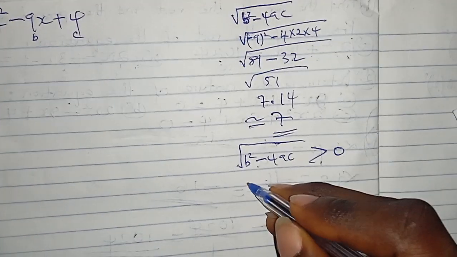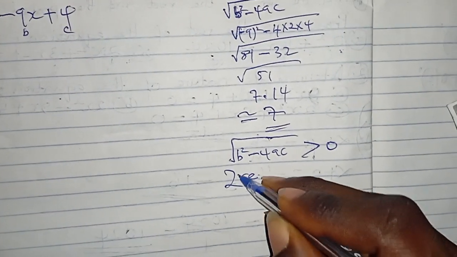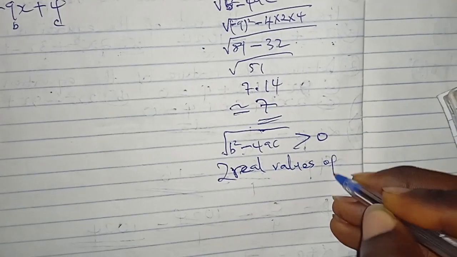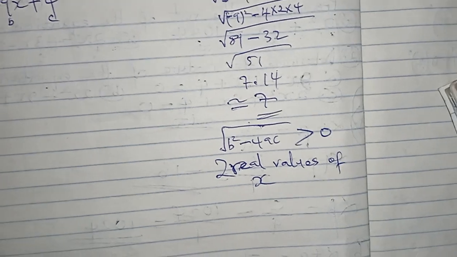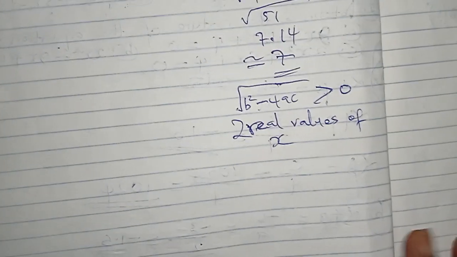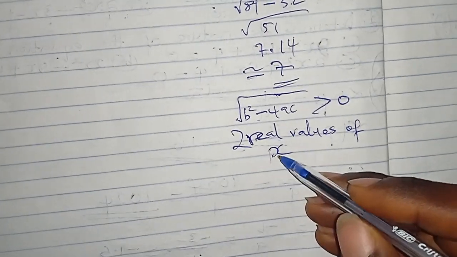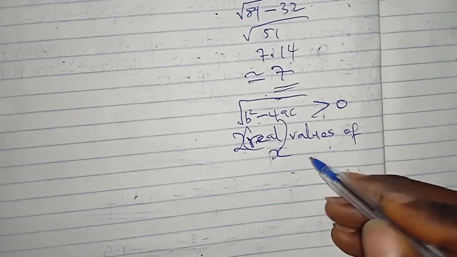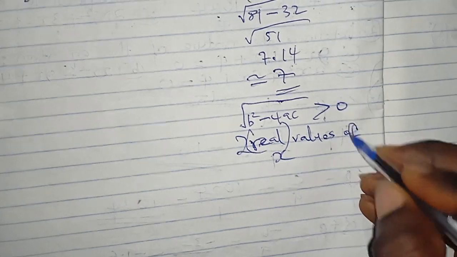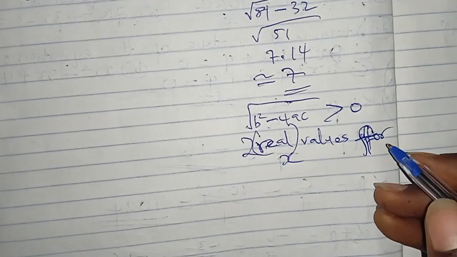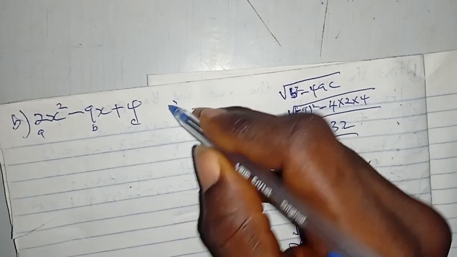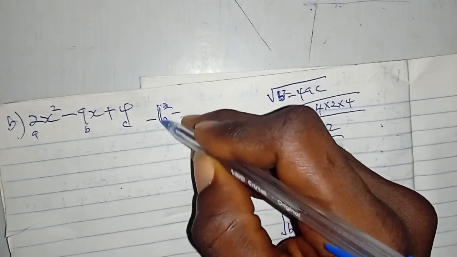So for that fact, the nature of this equation is that I will have 2 real values of x. Even if I don't say 2 real values, I can say I will have 2 values for x, or 2 values of x. The reason is that by the time I come and do now, remember